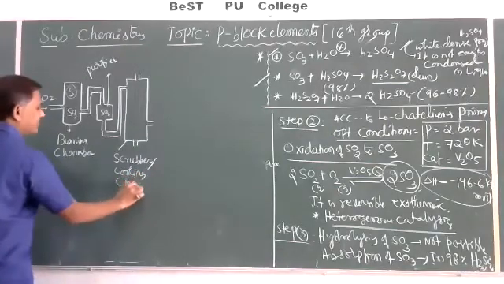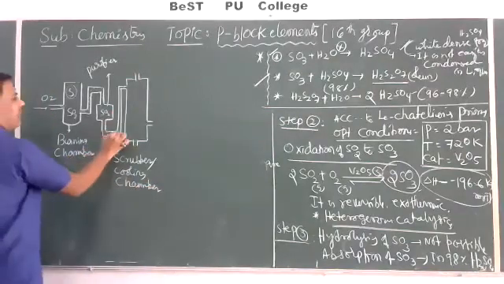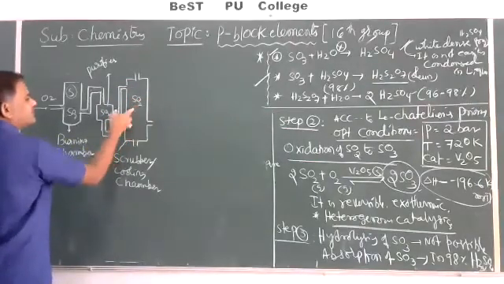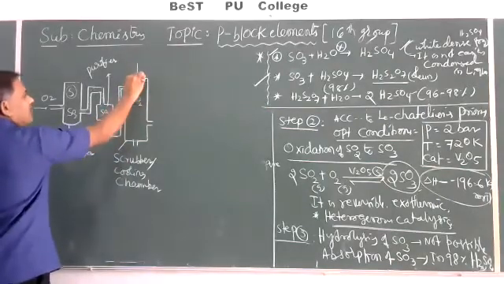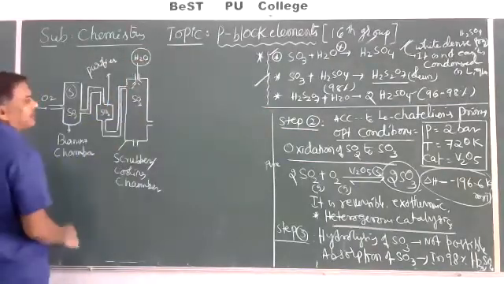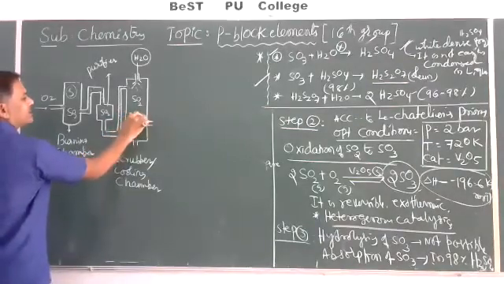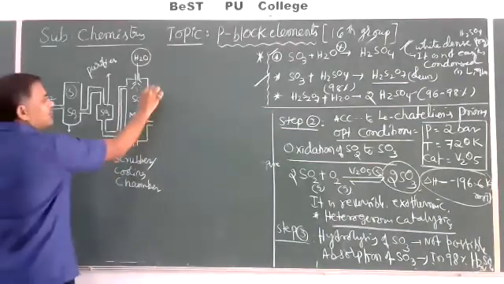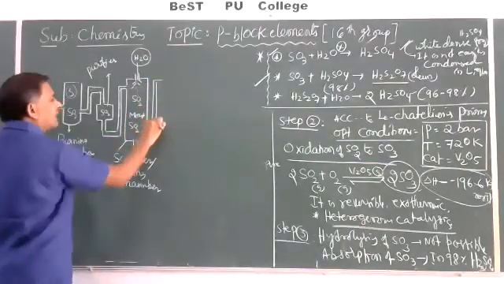This is the cooling chamber. Now the obtained somewhat purified sulfur dioxide gas is passed into one chamber. The chamber is called a scrubber. Here at the same time we can spray the water. This is the water tower. Now it reacts with some water and forms moisturized sulfur dioxide. To remove the moisture, again this is passed through one more tower. That tower is here.